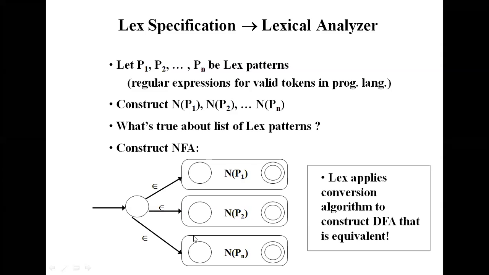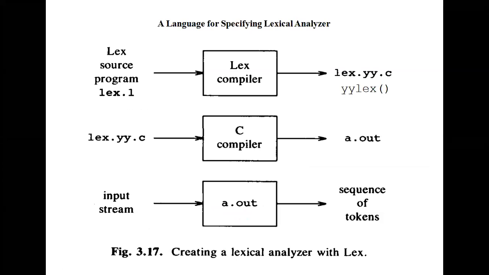Up to this part we know how the lex specification is implemented by the lexical analyzer. What it means is, knowing the specification in the form of regular expressions, we convert those regular expressions into transition diagrams, so the tabular representations of transition diagrams. We all know how to construct transition diagrams from a given regular expression, and now we are learning in detail about creating a lexical analyzer with lex.